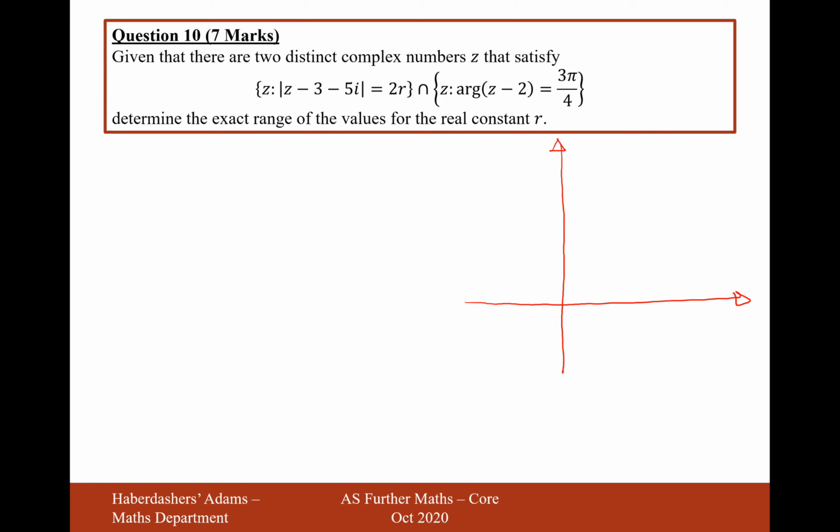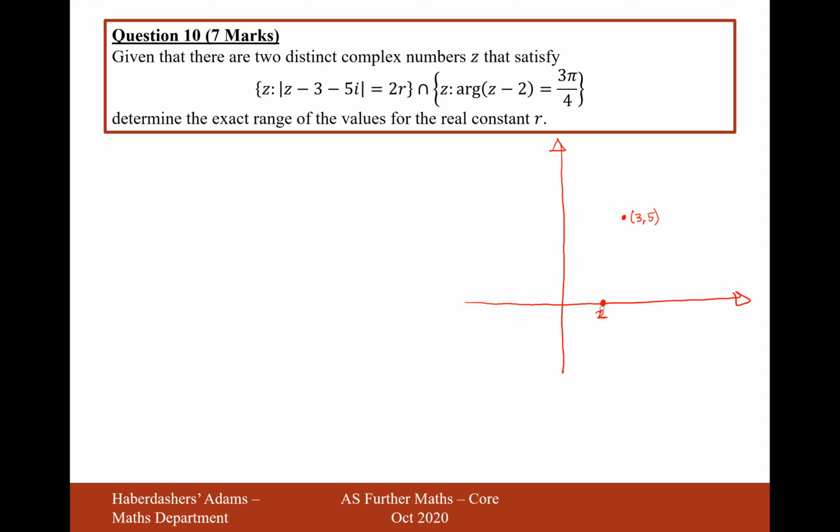So we have the circle that has a center at 3 across, 5 up. That's going to be approximately here, (3, 5), and it's going to have a certain radius. We're not quite sure what that radius is yet. And then we have this on the right hand side, which is arg of z minus 2. So that will start at 2. And if it has a